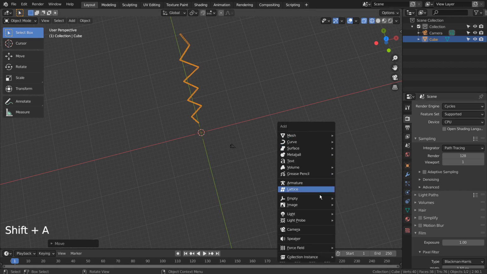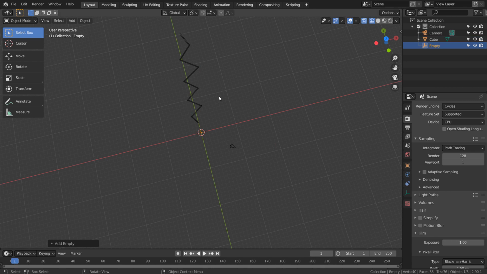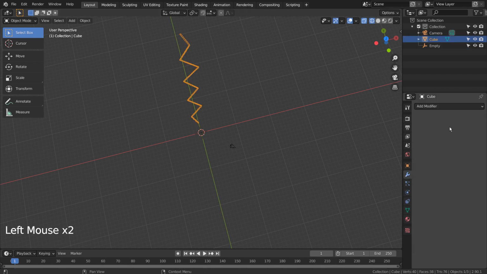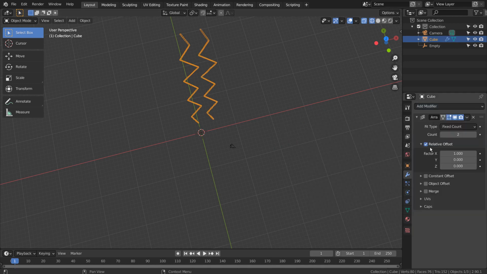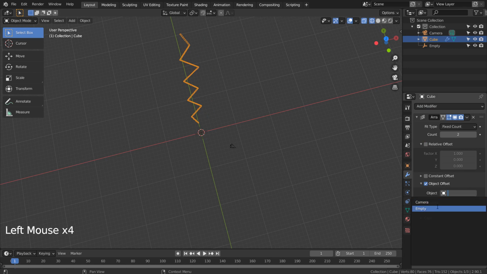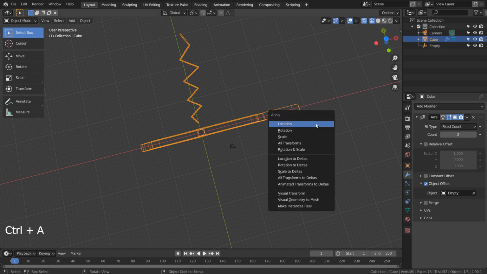Let's create an empty object, and use that as an anchor for the array modifier. Ctrl A to reset all transforms.